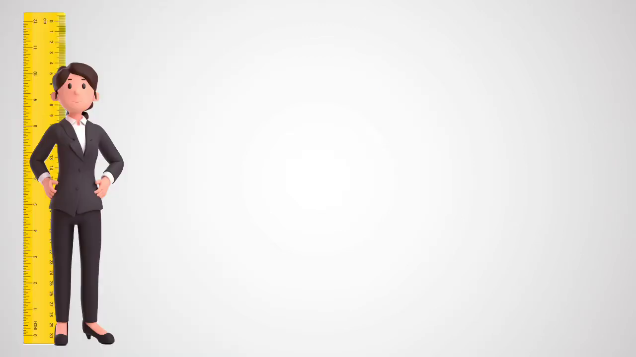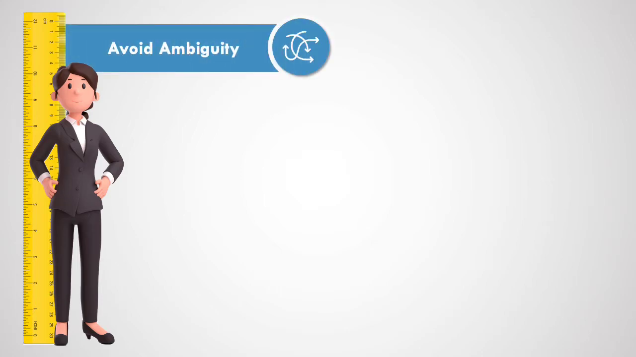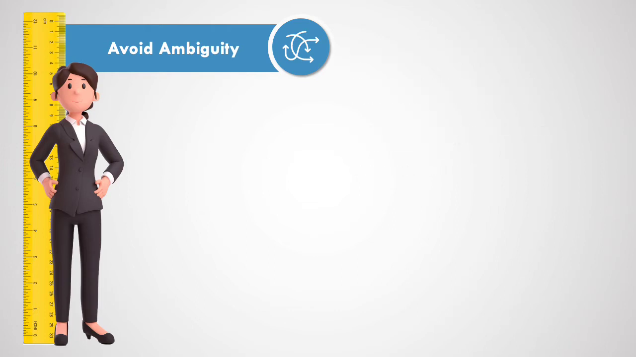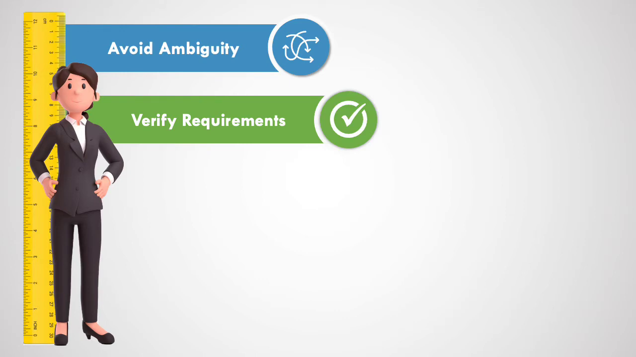In the previous module, How Long is a Piece of String, we looked at ways to avoid ambiguity creeping into our requirements by avoiding escape clauses, vague terms, open-ended phrases, and the use of the oblique. Hopefully, since Module 9, you have been looking at requirements and asking two critical questions. First, is the requirement verifiable? In other words, is the requirement worded in such a way that the person responsible for executing the requirement can prove to you that they have met the requirement without the need for any interpretations or assumptions as to what